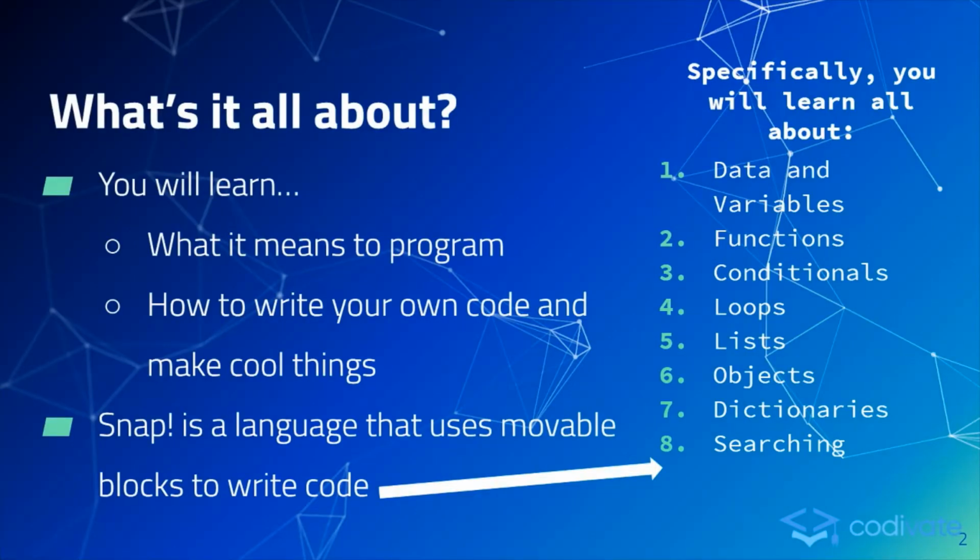So before we actually get to learning programming through Snap, you should know what this course is all about. In the next month and a half, you will learn two main things: what it really means to program, and how to actually write your own code and make cool things with it. We'll be doing all of this fun stuff through a block-based language called Snap, which uses movable blocks to make programs instead of writing actual code. In this course, we'll be learning all about what it means to program and how to write your own code